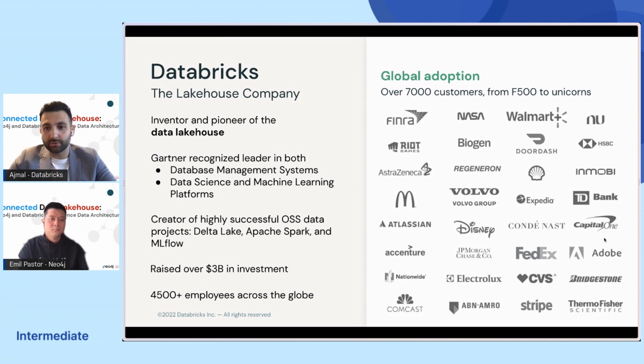But we were the original creators and inventors of massively popular open source tools and frameworks. So for example, Delta Lake, Apache Spark, as well as MLflow. We've raised over $3 billion of investment to date, with over 4,500 employees across the globe, servicing over 7,000 customers, ranging from very small startups to tech unicorns, all the way to Fortune 500 companies that are listed on stock exchanges. So we span quite a big breadth,